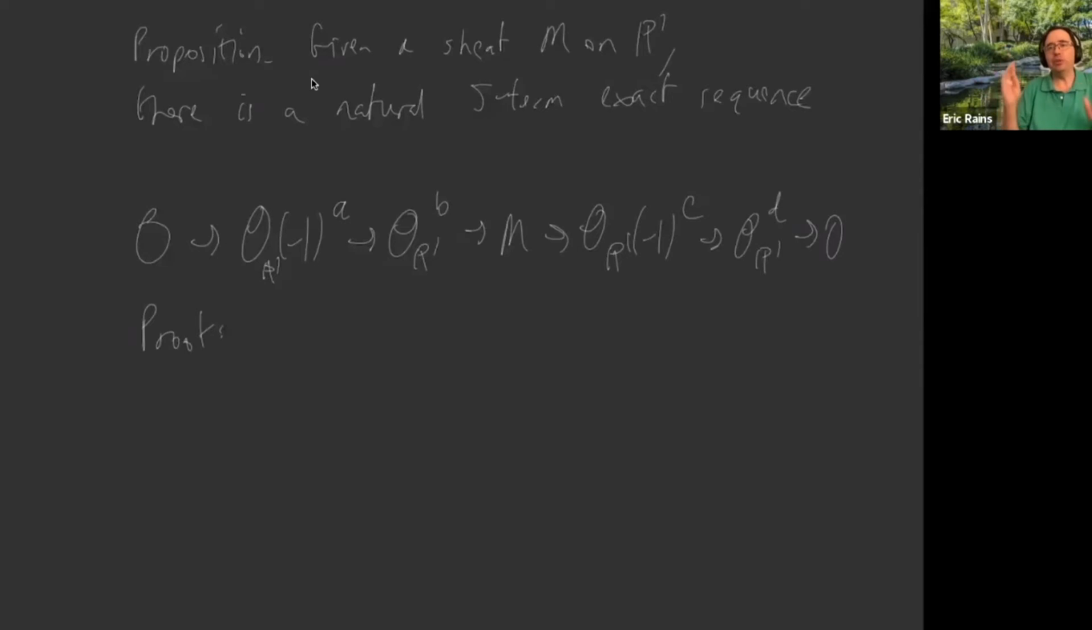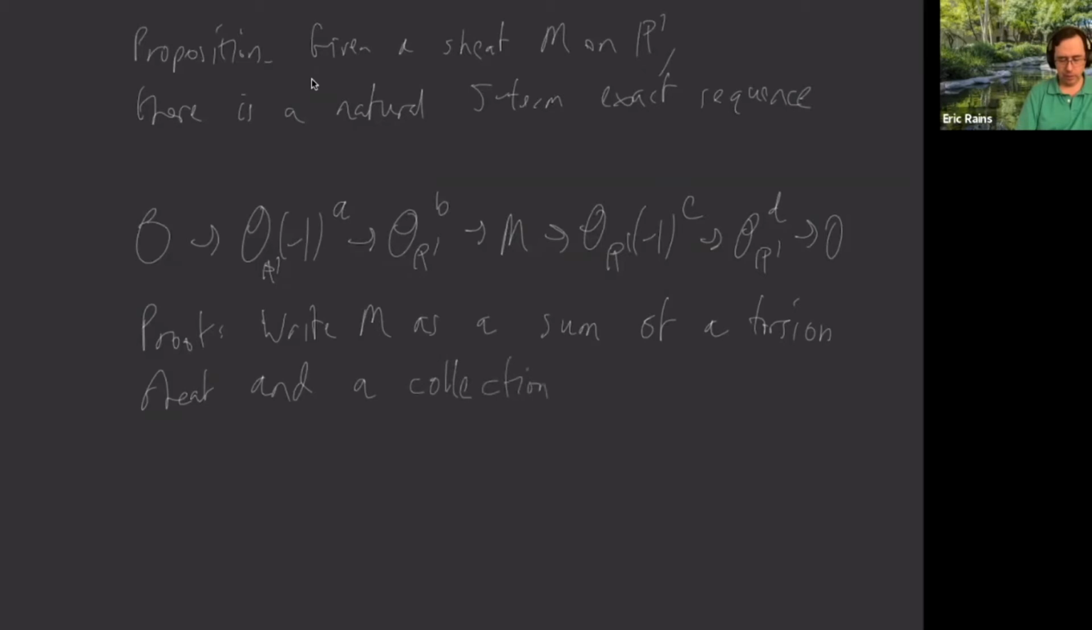And there are even easier proofs that don't involve this, but basically we just write M as a sum of a torsion sheaf and a collection of line bundles. And then note, well, firstly, if M is globally generated,